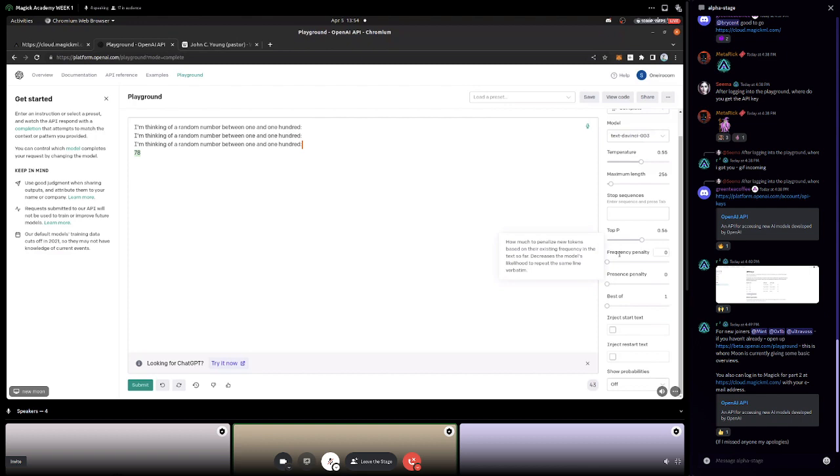So you can see that there's a little tooltip. So if it already exists within our context and the tokens that the model is generating, then start to decrease the likelihood. And that means it will start to maybe change topics or kind of move away from that thing if it's been repeating itself too long, and then switch back out to something else. So if you're having a repetitive completion, this is a great way to get out of that. But it's also a really useful way to create more creativity.